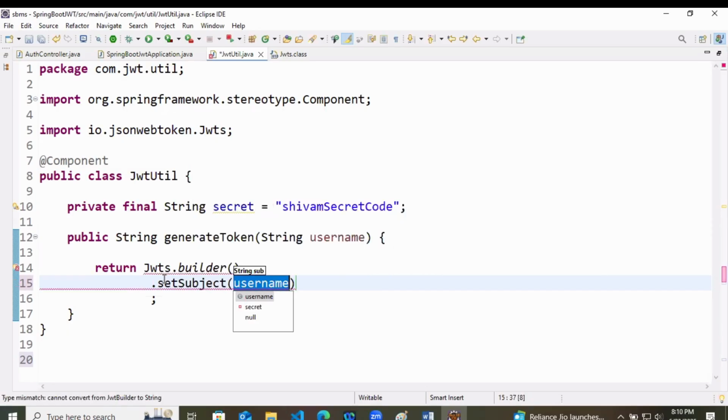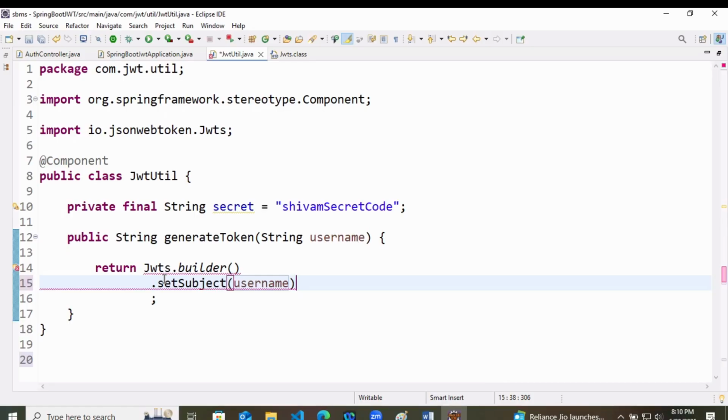Set subject. Subject means, if you are from a medical field, and a patient's body is coming for treatment in medical college, the senior doctor will say this is the subject. Yes, it is true. They will not say this is Shivam, this is Shrikar.